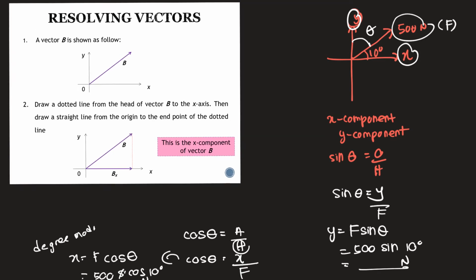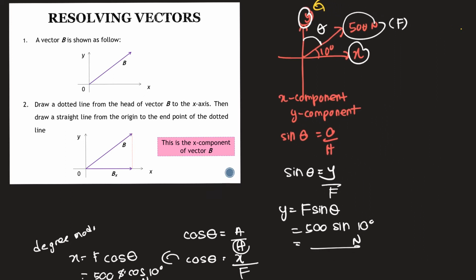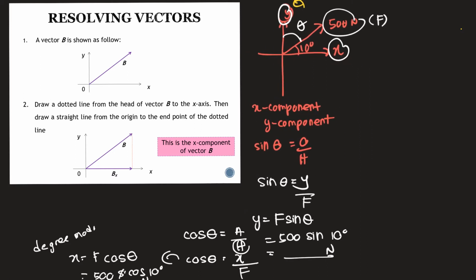When your angle touches the y-axis, your adjacent and your opposite will be changed. For example, if I give you an angle that touches the y-axis, which is this one,